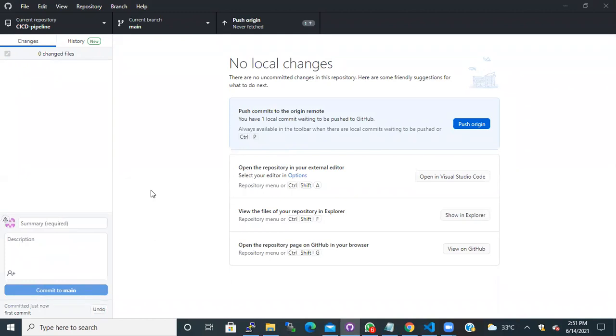Those files have moved from the parking place, and they are ready to push into the main branch. You see, right? You have one local commit waiting to be pushed into GitHub, because I just committed, and the changes went from the parking place and are ready to push into GitHub.